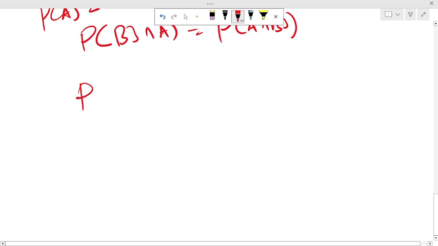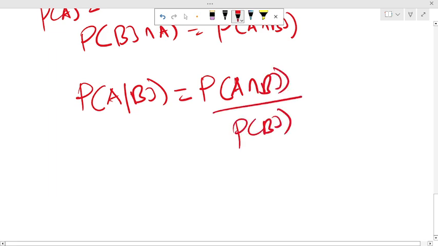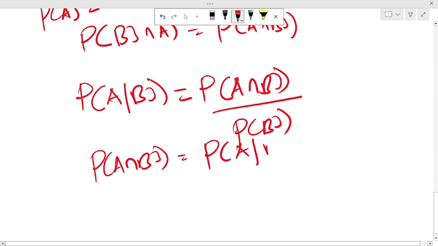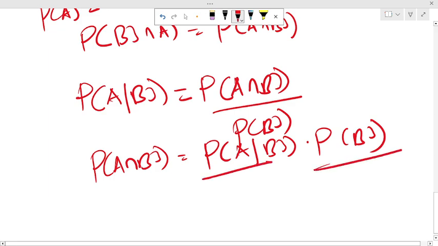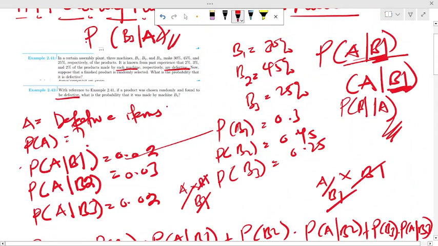For the conditional probability law, I can say P(A given B3) is equal to P(A intersection B3) divided by P(B3). So P(A intersection B3) would be equal to P(A given B3) times P(B3). Now this was given in the question, and also this is already known. So we can get them here, right? So it is